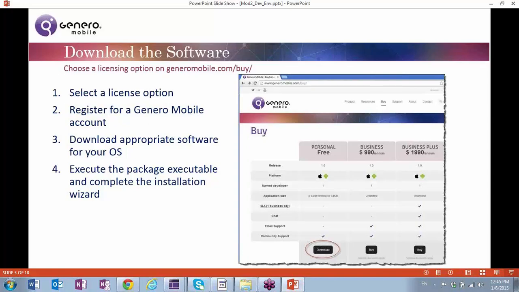So you're selecting a license option here, and notice that the freebie version, which is all you need for class the next 2 weeks, has some limitations on it. So it's good to be aware of the limitations. Right here, if you get the free version, platform supported,